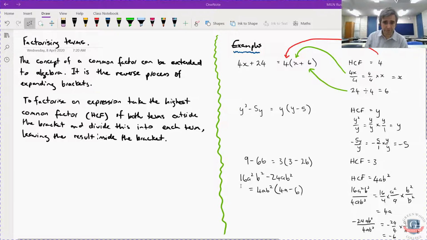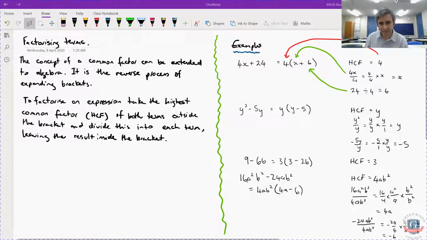Looking at these two terms, the b squareds are common. a is common. We can't say a squared is common because we haven't got an a squared here, so just a. And a common factor of 16 and 24 is 4. So in this case, the highest common factor is 4ab squared. Going through all that working, write the 4ab out the front, create a bracket,